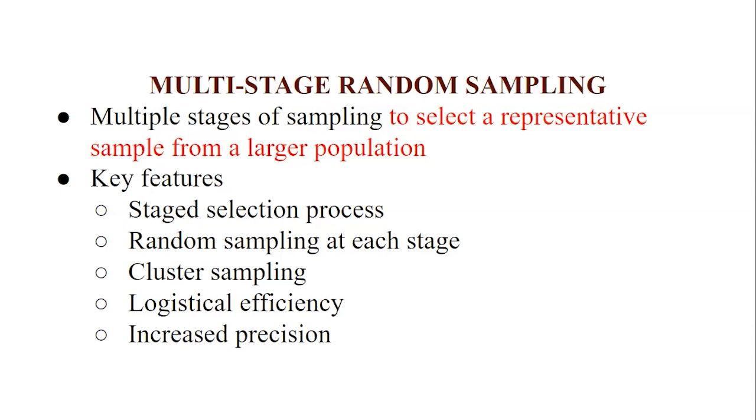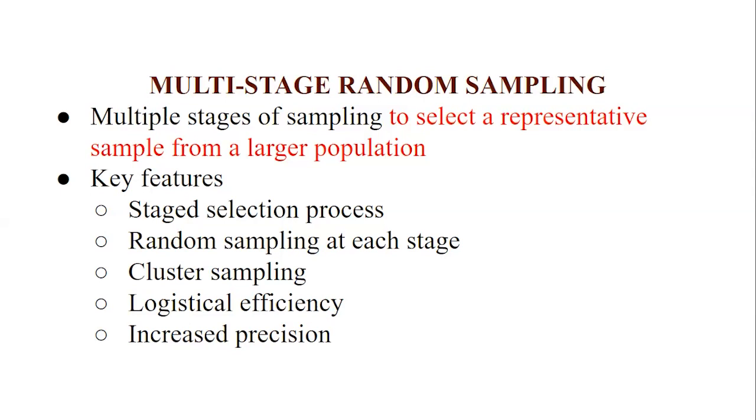Even though it is a complex process, multi-stage random sampling can lead to a sample that represents the population well when performed correctly. If the processes are done correctly, this method would lead the researcher to a sample that represents the population very well. And it allows for more precise estimation compared to single-stage sampling methods. Is it clear? It is commonly used in various fields, usually in large-scale surveys